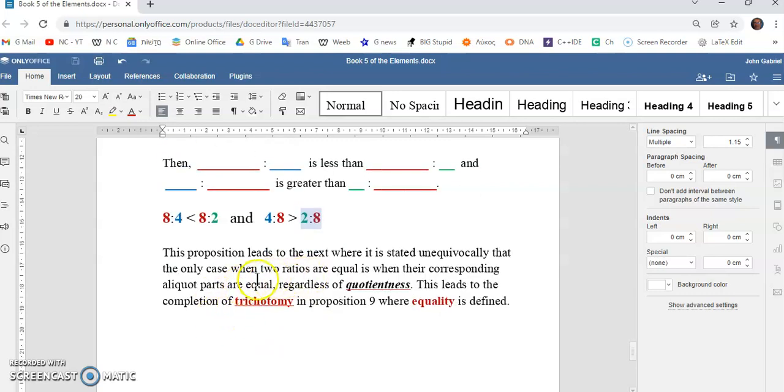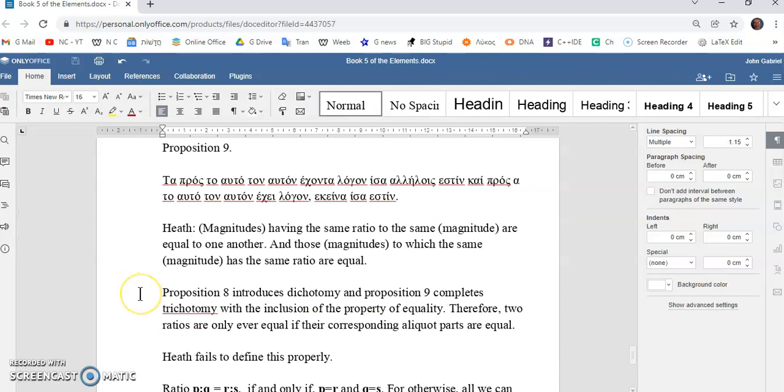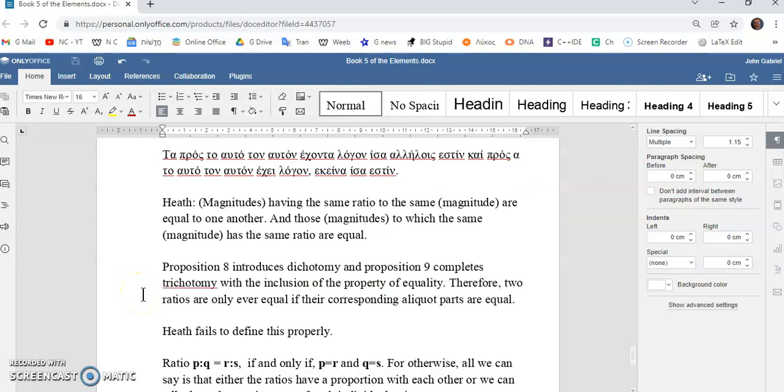So this proposition leads to the next, where it's stated unequivocally that the only case when two ratios are equal is when their corresponding aliquot parts are equal, regardless of their quotientness. This leads to the completion of the trichotomy property, where equality is defined. So in proposition 9, we see that magnitudes having the same ratio to the same are equal to one another, and those to which the same magnitude has the same ratio are equal. So what it's saying is that